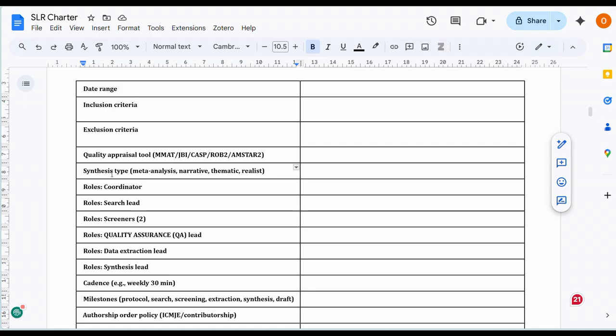How do you want to synthesize our study? Are we doing meta-analysis? Are we doing narrative? Are we doing thematic? Are we doing realist form of synthesis? That is what we are reporting. Then who is going to be the